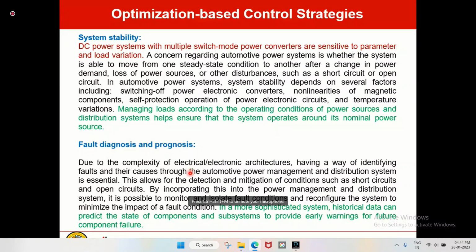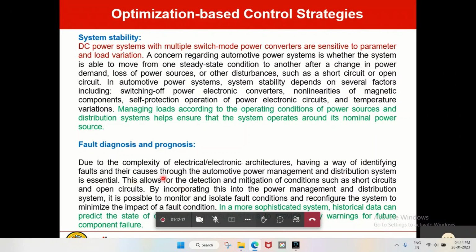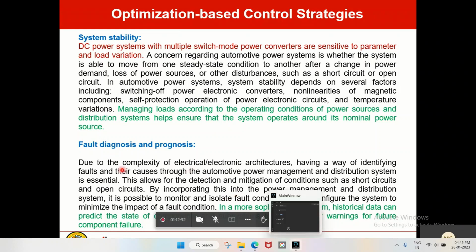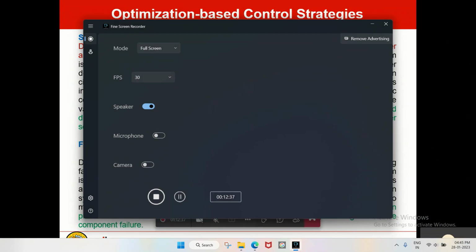Or in a more sophisticated system, you would like to use something like artificial intelligence, and in that case your system itself should be able to give you some kind of warning that some system or some subsystem or a component may develop a fault and you need to address it, right? So these are some sets of constraints that one will have to take into consideration while